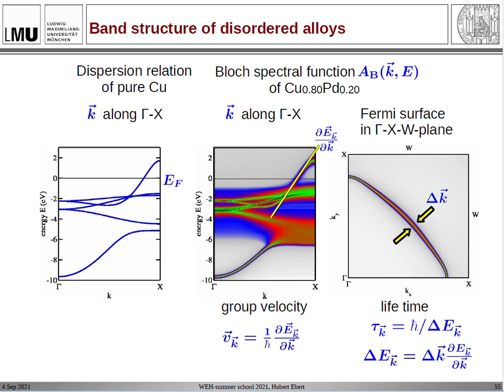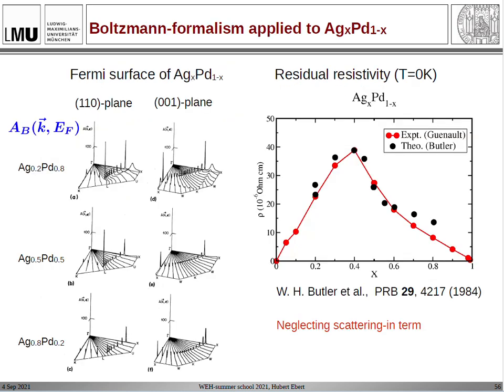Now, this has, of course, some physical meanings, that broadening. On the one hand side, from the Bloch spectral function, you still can deduce something like a group velocity, as you would do it here. From the width of these curves, you can derive a lifetime. And this is exactly the information you normally need to do transport calculation on the basis of Boltzmann equations. And actually, this was done by Butler in the 80s. He did calculation for silver palladium. You see here some cuts, and the widths were used to get the lifetime,